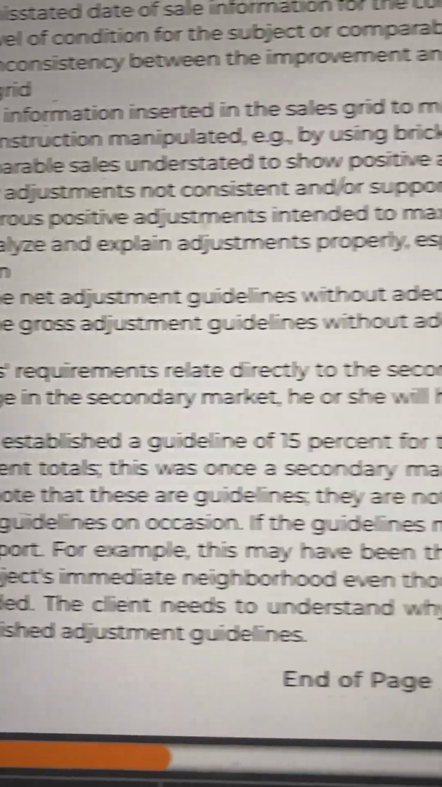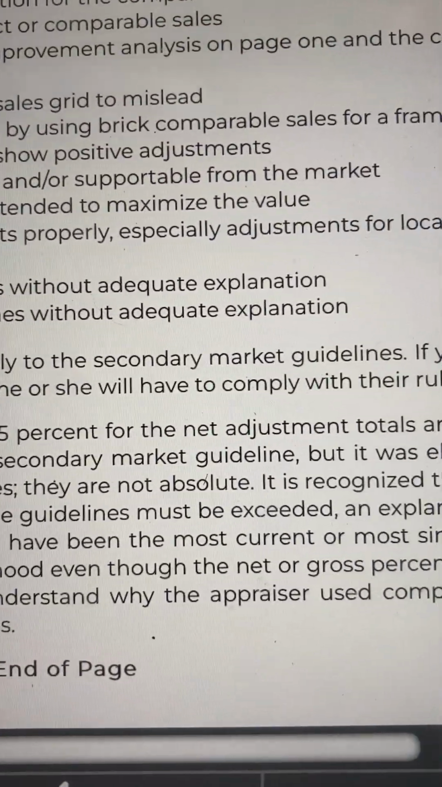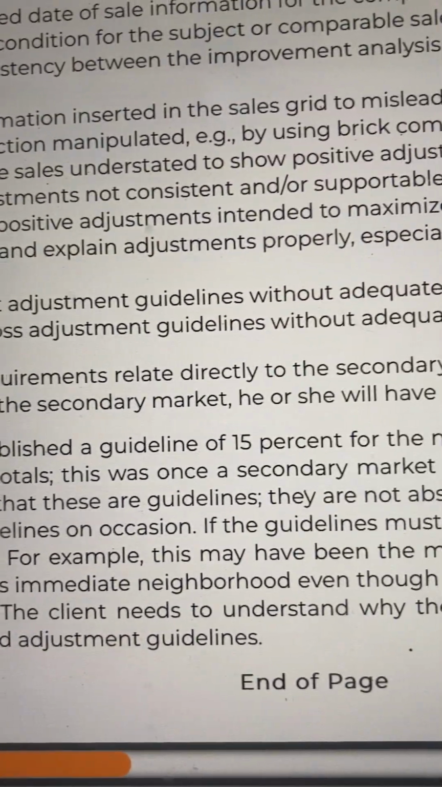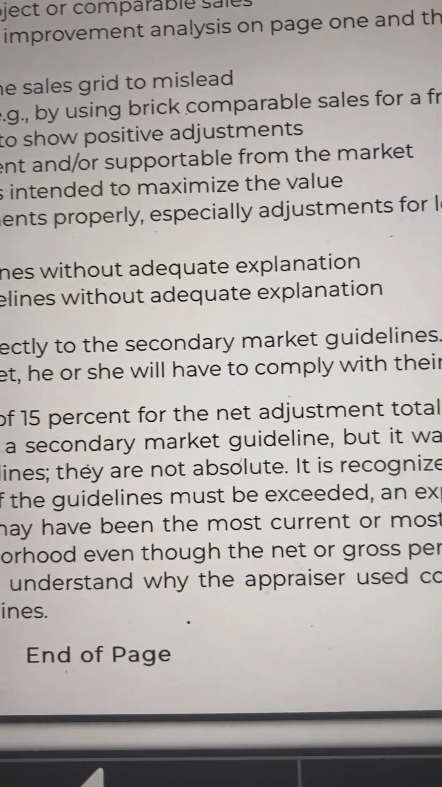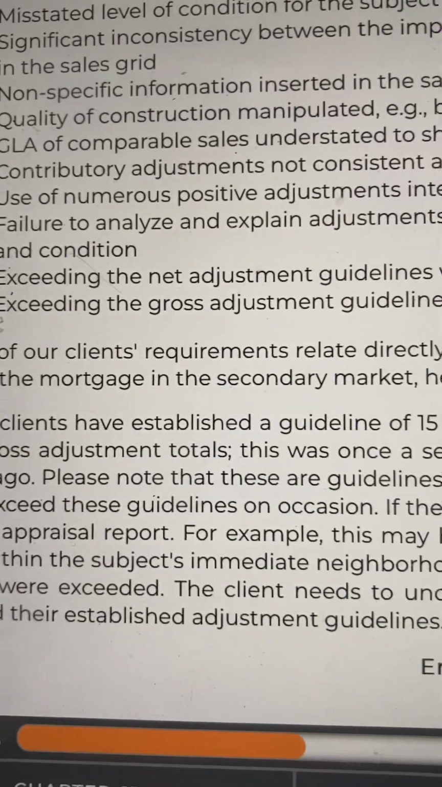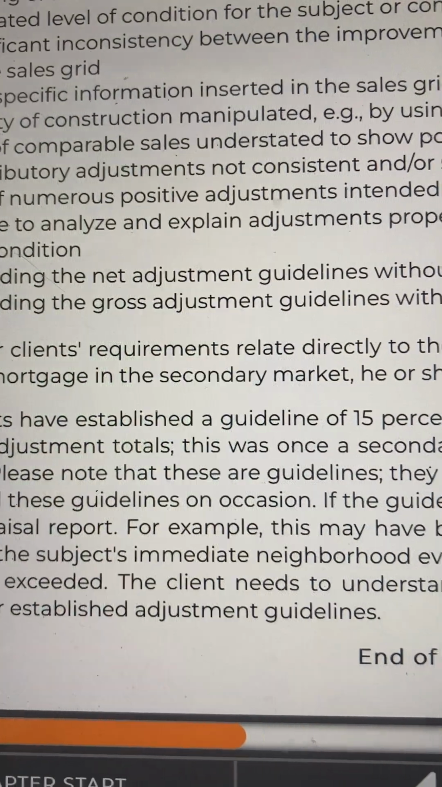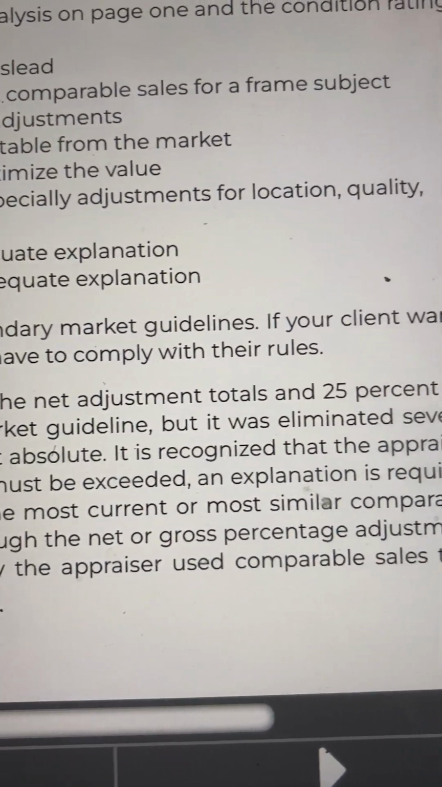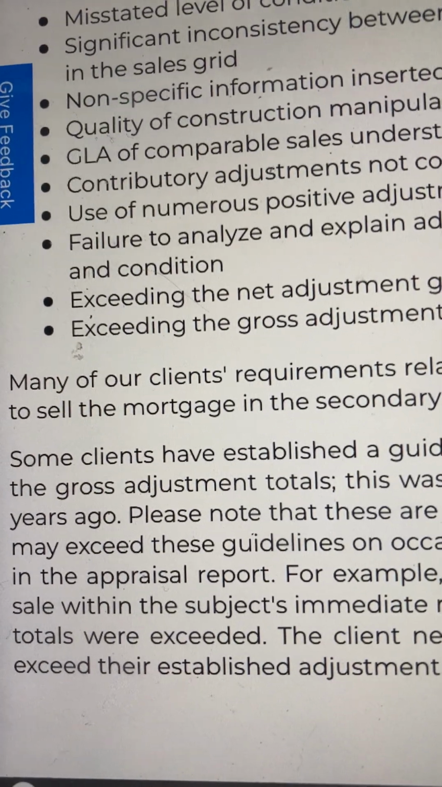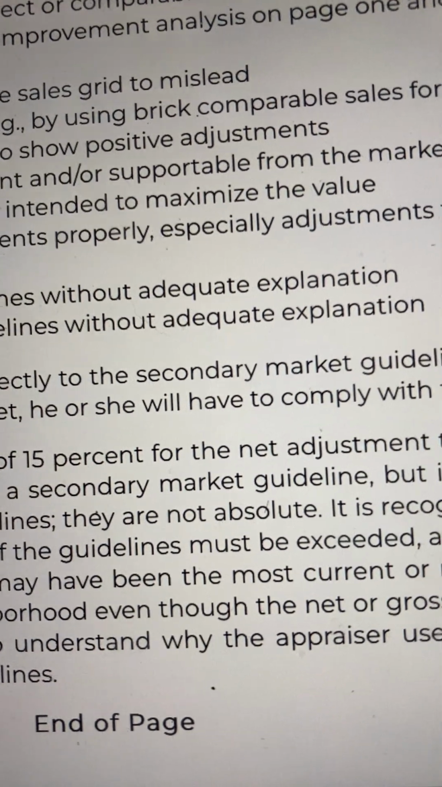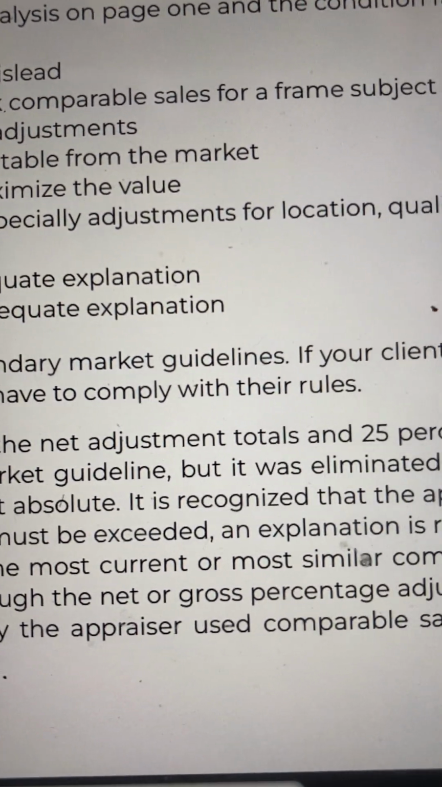Exceeding the net adjustment guidelines without adequate explanation. Exceeding the gross adjustment guidelines without adequate explanation. Many of our clients' requirements relate directly to the secondary market guidelines. If your client wants to sell the mortgage in the secondary market, he or she will have to comply with